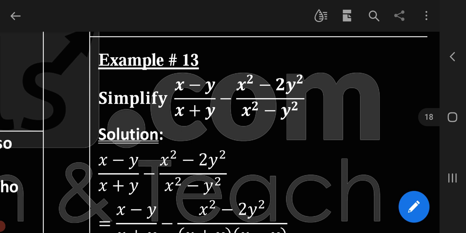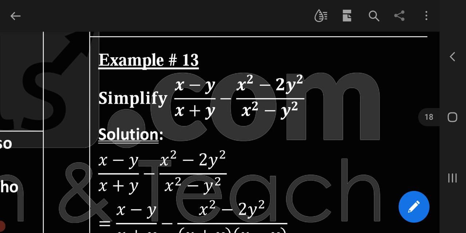X minus y divided by x plus y, then minus x square minus 2y square, denominator x square minus y square. Now we have to solve this question. First of all, we have to think about how many algebraic fractions are given in this question. We can see that only two algebraic fractions are given. One is on the left side of the minus and one is on the right side of the minus. In between them the operation minus has been put, so it means that we have to follow the method of